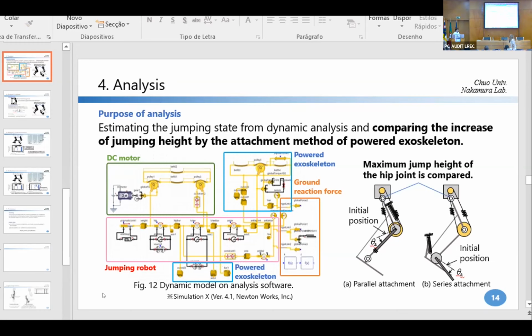Just to finalize, when you go to real experiments with humans, have you already tried to evaluate which difficulties you expect? Yes. It is difficult at actual size, but first, with the jumping robot, if we can understand the phenomenon by the jumping robot, we can achieve the real environment. Okay, so